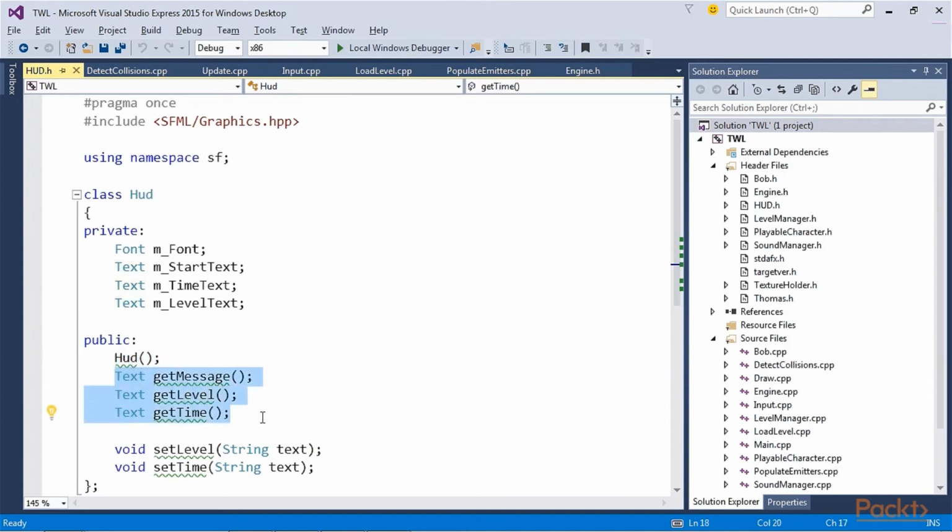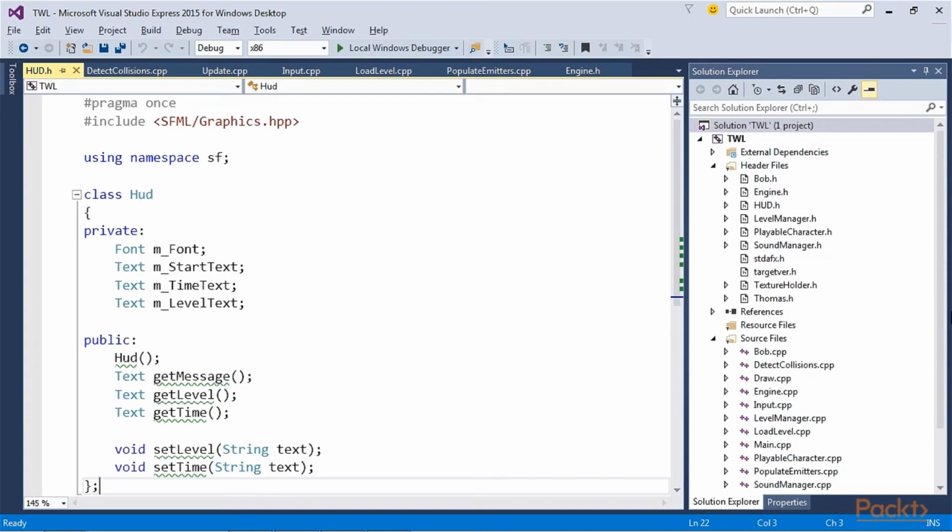The 3 getter functions, getMessage, getLevel, and getTime, will return a text object to the calling code in order to be able to draw them to the screen. The setLevel and setTime functions will be used to update the text shown in m_level text and m_time text respectively.